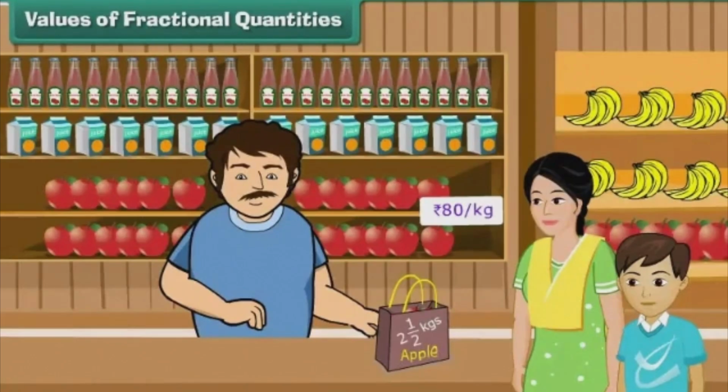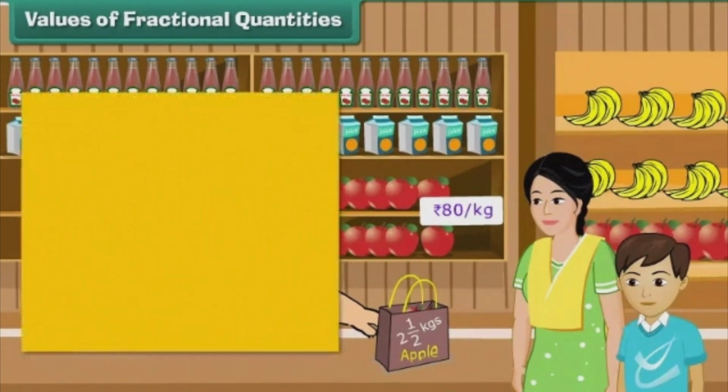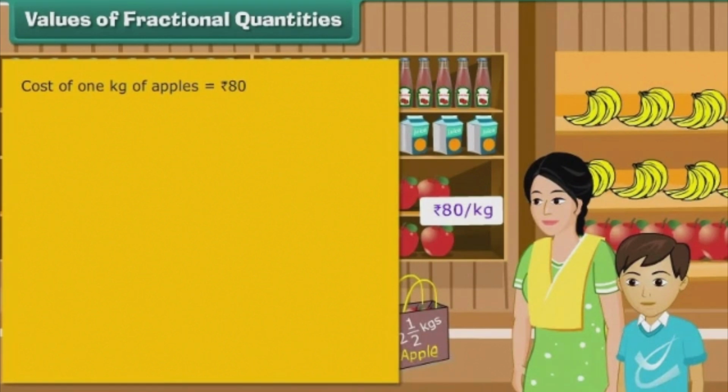Values of fractional quantities. Let us now learn to compute the values of fractional quantities. Rishabh's mother is in the fruit market. She has bought 2.5 kgs of apples, which cost rupees 80 a kg. How much money did she pay to the fruit seller? Cost of 1 kg of apples is rupees 80. Cost of 2.5 kgs of apples is equal to